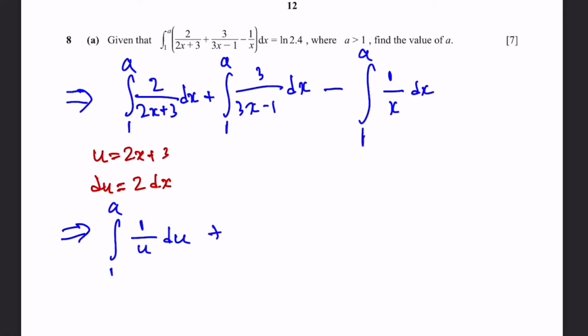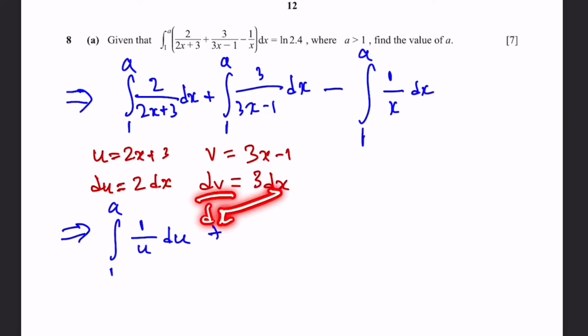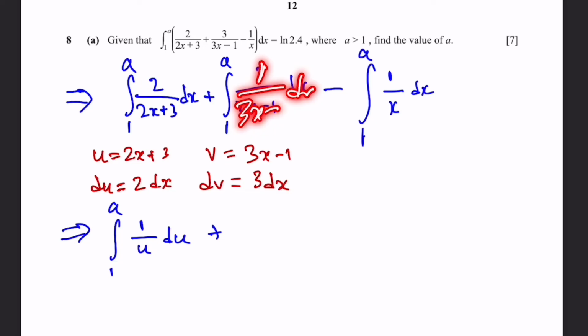Now, we can take another function, v. Of course, these are temporary substitutions, so you can just do them and then undo them later. So v is going to be 3x minus 1 here. Why? That's because the derivative of this, dv by dx, is equal to 3. So dv is just 3 times dx. When we bring this divide by dx to the other side, we multiply, and that's why we get this equal to dv, so it'll be 1 by 3x minus 1 left, and that's just